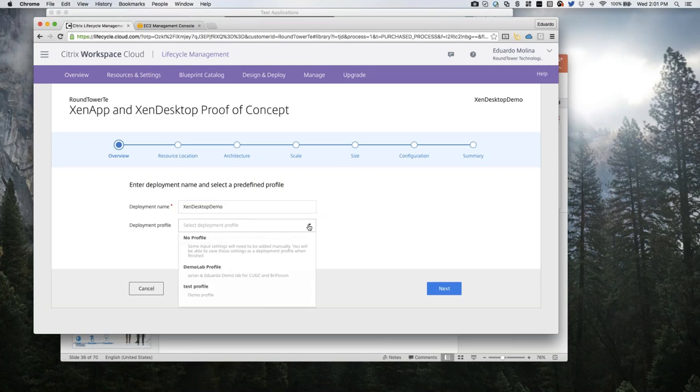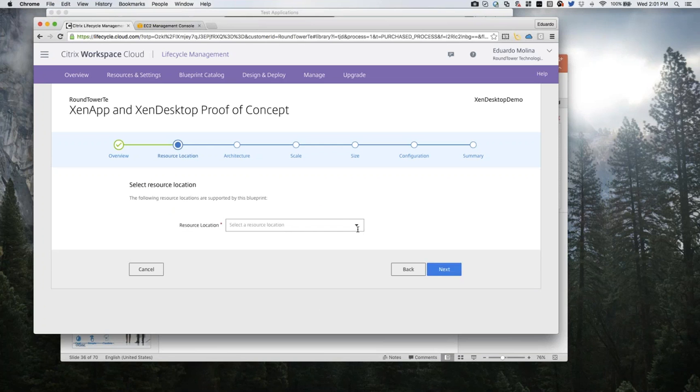The deployment profile, which in this case is something I usually do a lot, is, if I'm doing the same deployment over and over again, I can pre-save the profile and just do next, and then everything is created for me. In this case, I'm not going to do that, so we can actually go through the different steps. I'm going to say, hey, where do I want to put this? I can have it on any of the resources that I can use, in my on-prem, if I have a CLM connector,